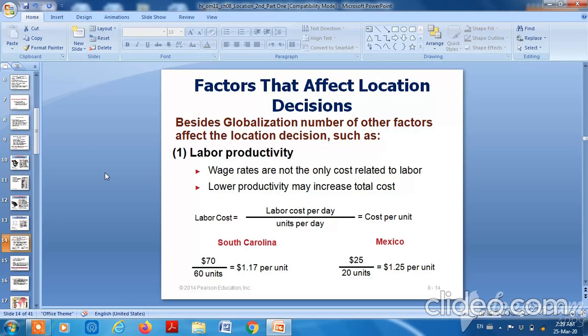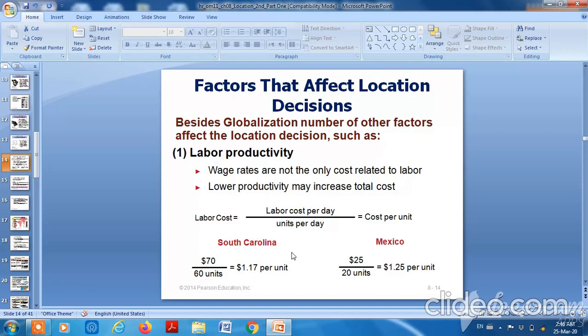To specify the labor cost, we will use this equation: labor cost per day divided by units per day, so I can calculate the cost per unit. Suppose you choose between South Carolina and Mexico. You will find that although the labor cost per day is higher in South Carolina, at $70 a day, than in Mexico, at $25 a day per worker,